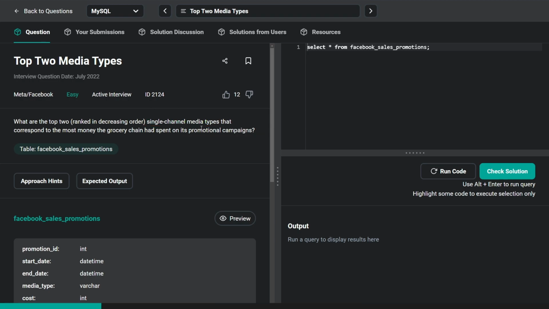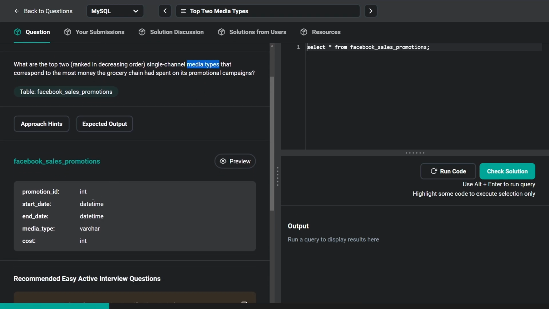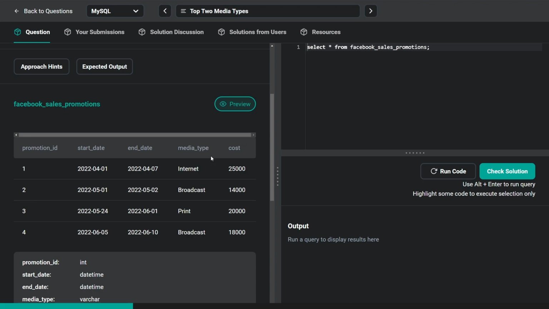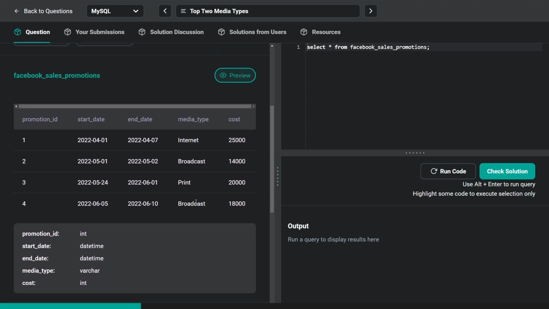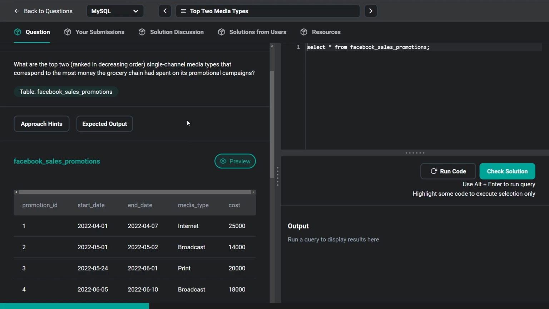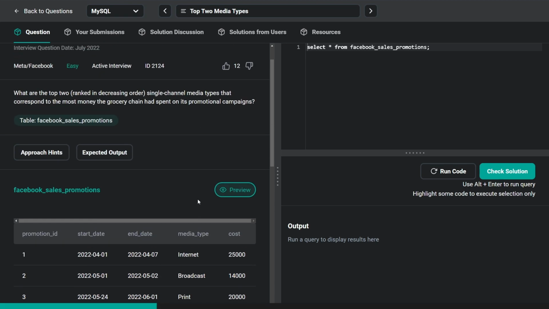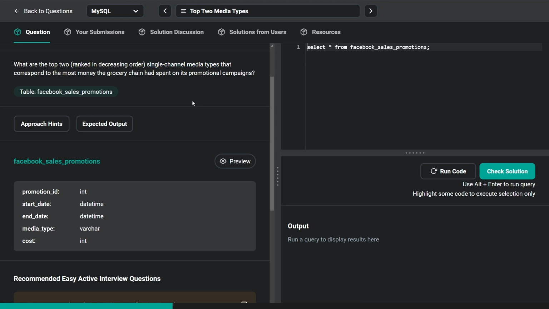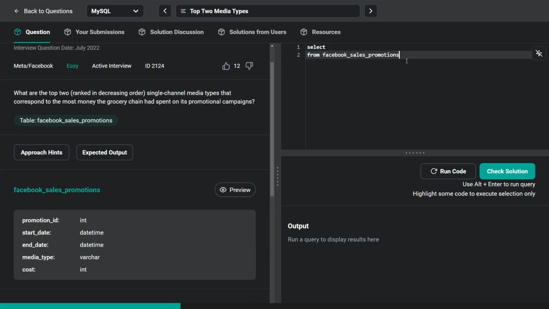Now, I don't know what that means. So let's see here, media types, single channel. We only have this one. Let's look at the data. We have promotion, media. There's no single or multi-channel kind of thing here. So I actually don't know what they mean by this. It doesn't seem to be applicable to our data set. So this is actually not a filter. So all we have to do is